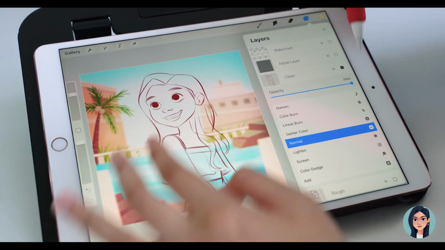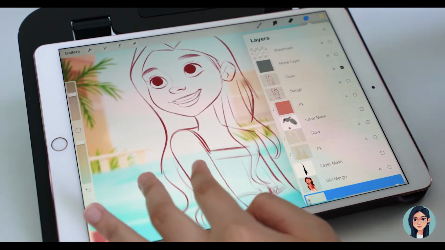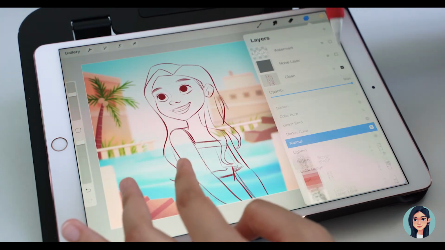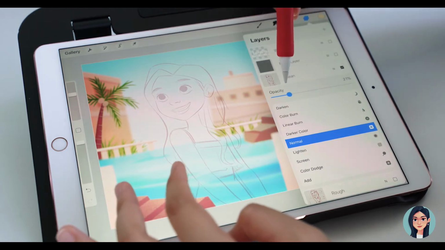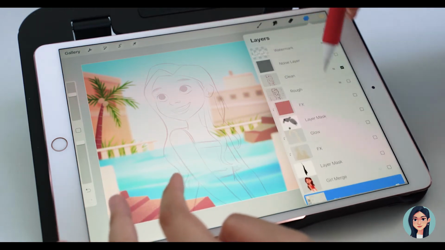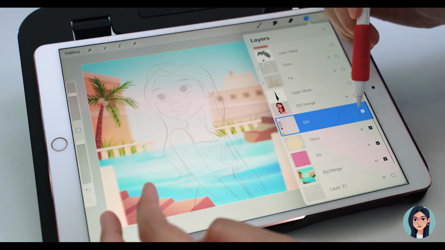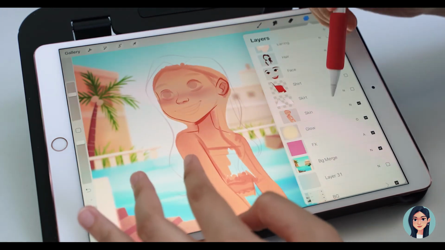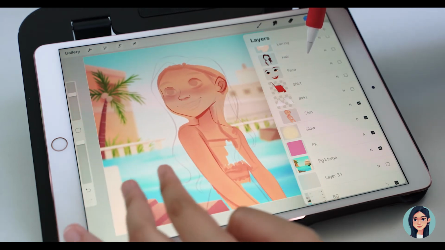Oh, and for mine, I clean up the line art. It's not that clean because I'm not going to use it in the end, it's just for a guide. So I just lower the opacity. And then I start with the skin. As you can see, the skin is pretty messy